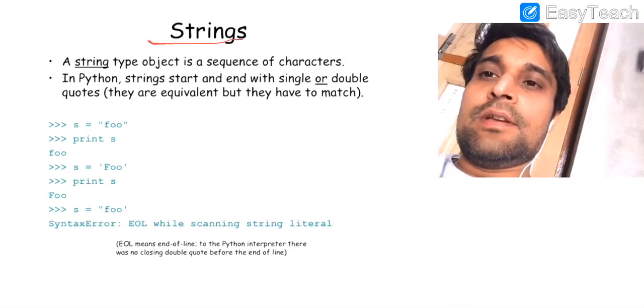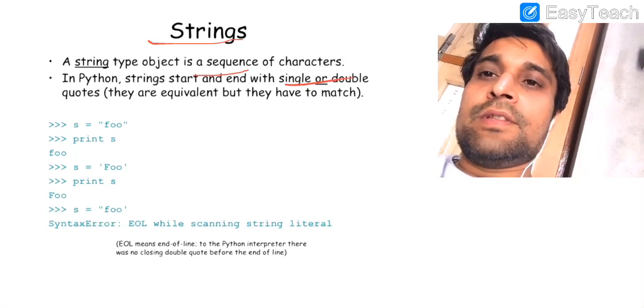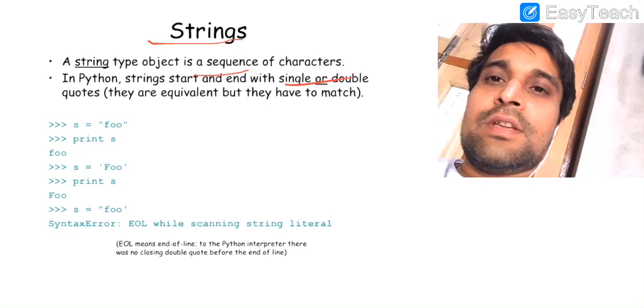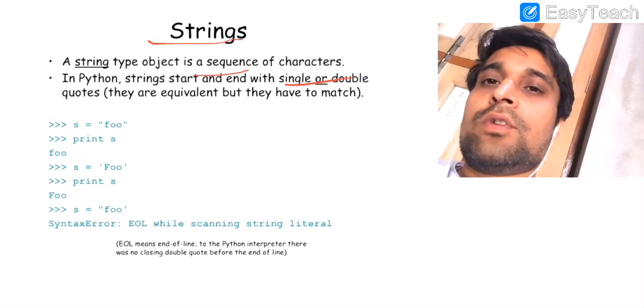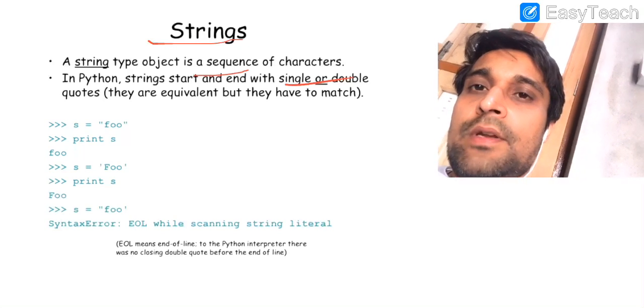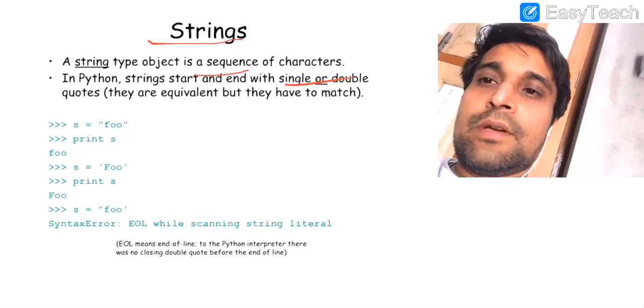String is basically a sequence or collection of characters. We can create a string with single, double or triple quotes, but if you are starting a string with a single quote, then you must end with a single quote. If you are starting with a double quote, then you must end with double quotes, and correspondingly with triple quotes also. And a string that is created with triple quotes is also known as a docstring.